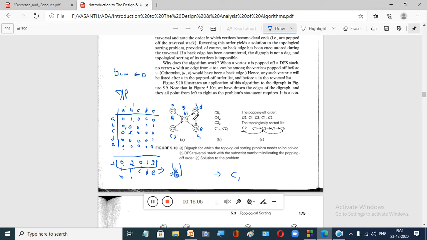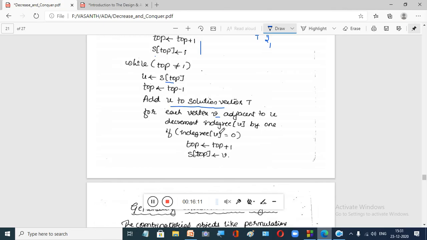So once you remove this, one edge going to this node is gone, so the in degree of this will be decreased by 1, right? So now what we do, for each vertex V adjacent to u, decrease the in degree by 1. You decrease the in degree by 1, correct? Then you calculate again, have you got any in degrees with 0? If you have 0, push it into your stack. Push it into your stack.